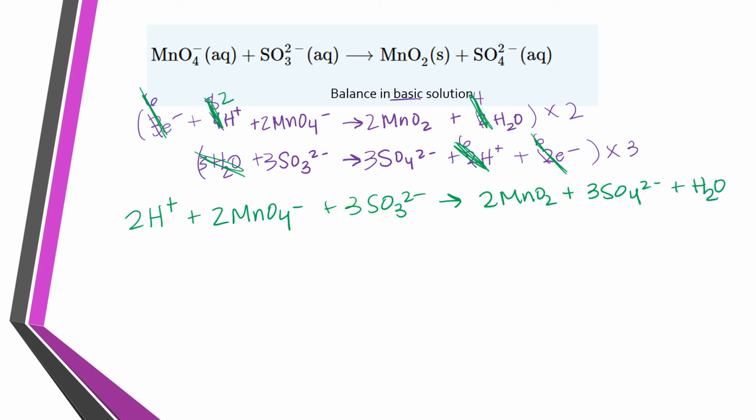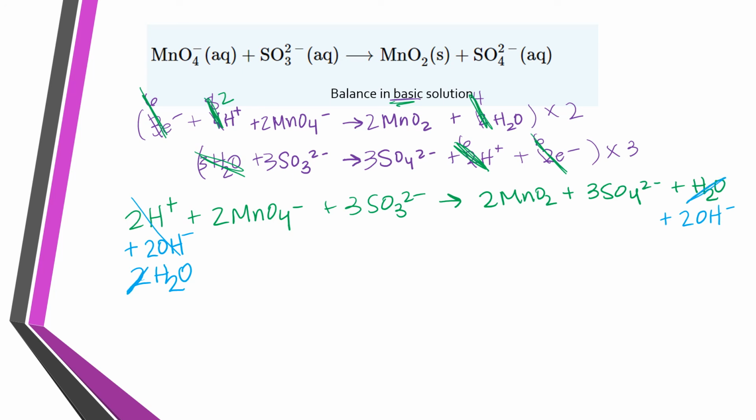So now I've combined my 2 reactions, but the question said for us to do this in basic solution. So I've got to convert this hydrogen into water by adding 2 hydroxides, which makes 2 waters. Well, if I added 2 hydroxides on the left, I have to add 2 hydroxides on the right. I can't just add them out of nowhere. So now I have 2 waters on the left, I have 1 on the right, so then one of those